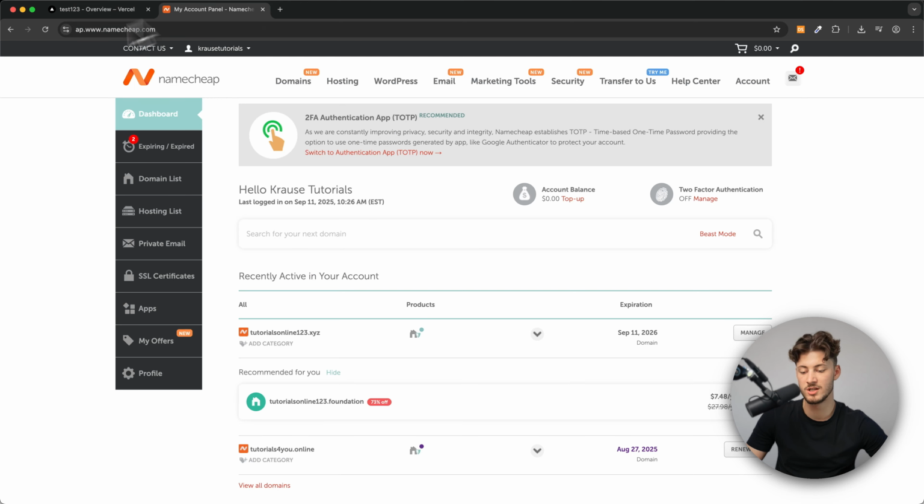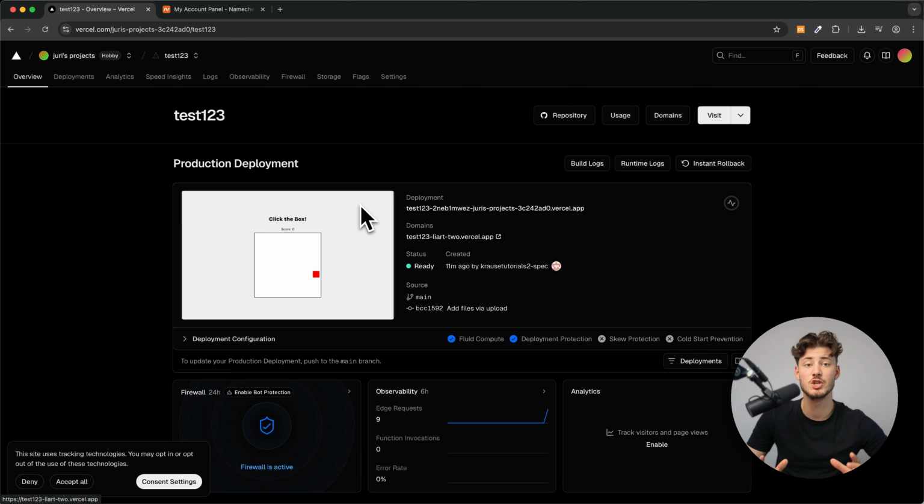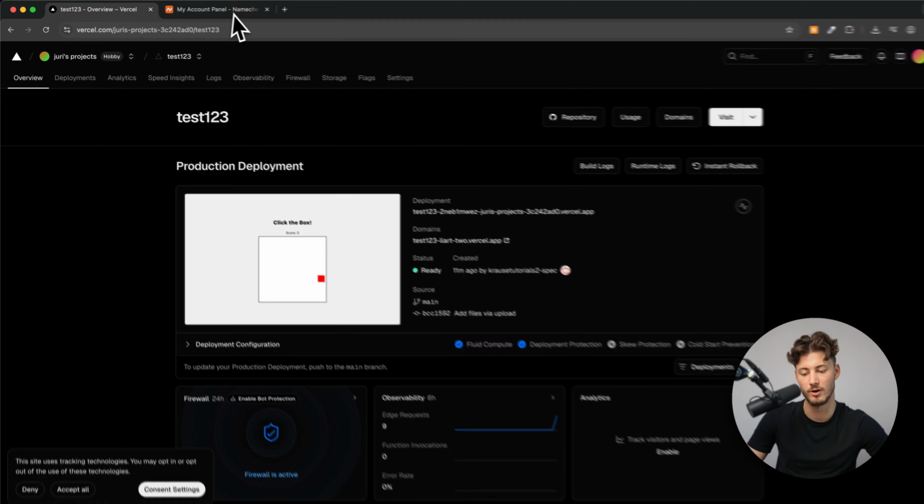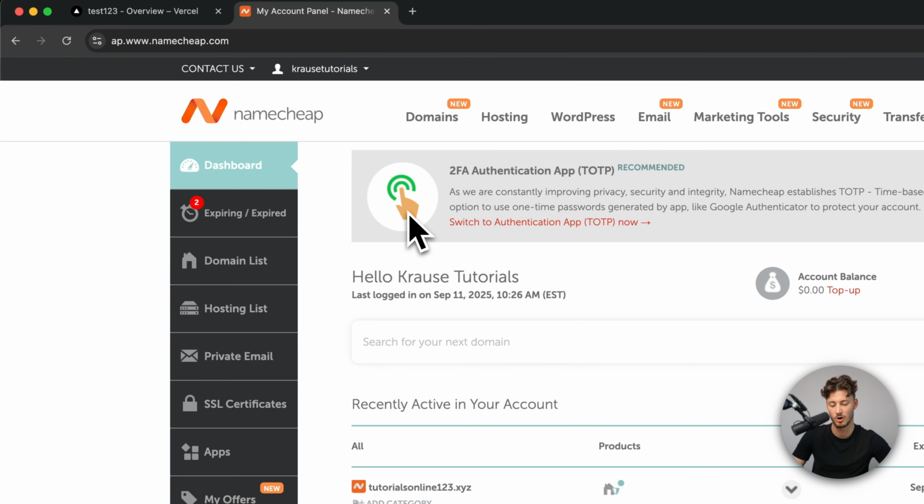So adding your Namecheap domain onto Vercel actually is quite easy, but if you find this helpful, make sure to like and subscribe. First of all, open up both your Vercel as well as your Namecheap dashboard, and then make